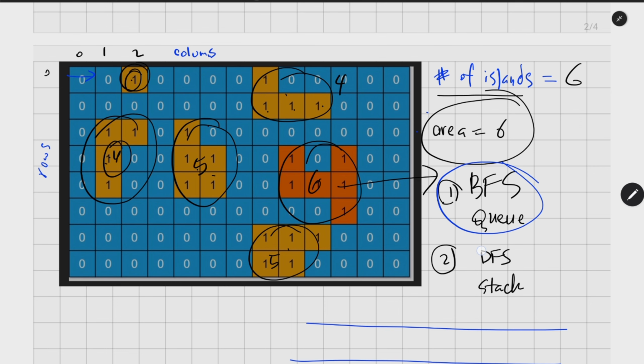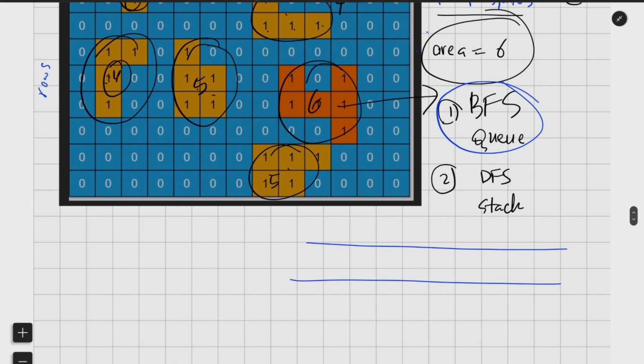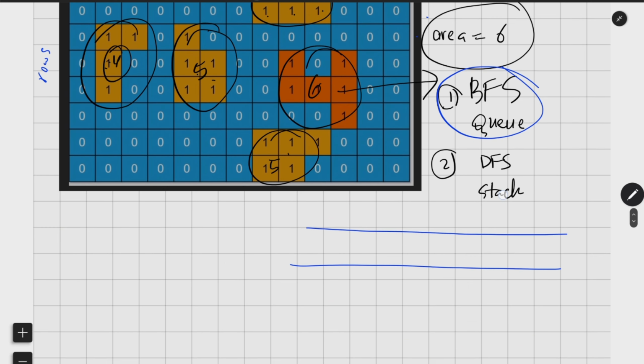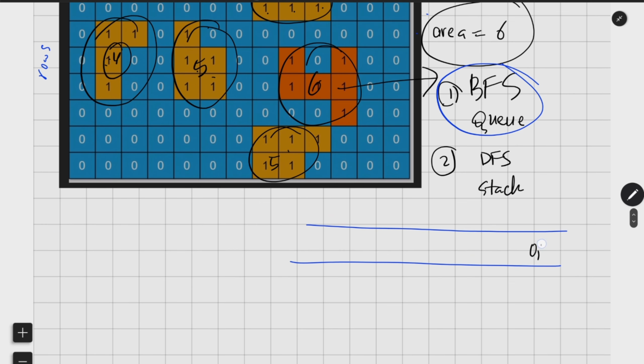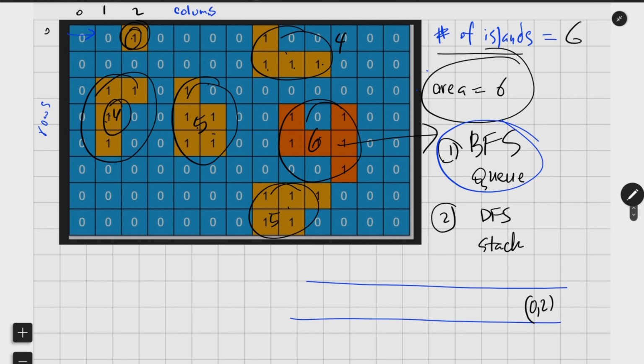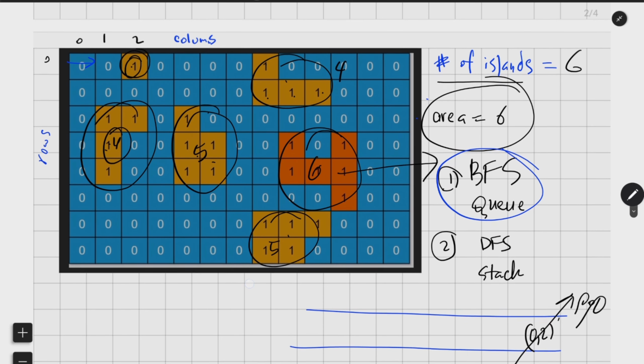Whenever we see a cell in the grid, we check that it's not 0. We only consider the cells in the grid whose value is 1, right? Then this one, let's say the 0 2, right? We add this one to the queue, 0 2 to the queue, and this is the initial thing that we found, right? Then we pop this one from the queue,